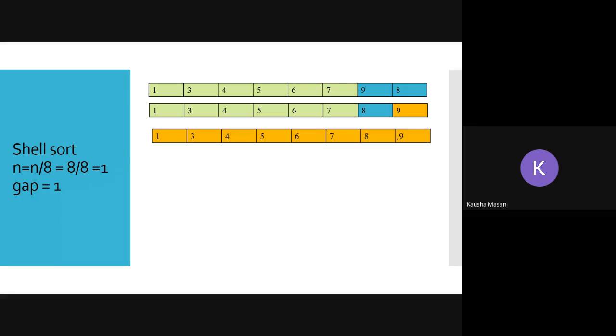See, once again I'm telling you, the distance is up to you. You can take 5 and then reduce it by 2. Okay, decrement the value of that distance. You can take even like this also: 4, then 2, then 1. And that's why the efficiency of this shell sort depends upon the gap.